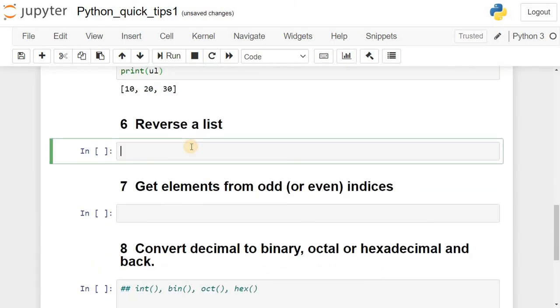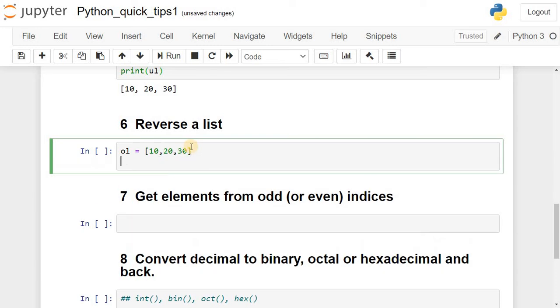Reversing a list. We are creating an original list with the elements 10, 20, 30. To reverse this list, to create RL, the reverse list, we are traversing through OL. We will take all the elements from first till the last.